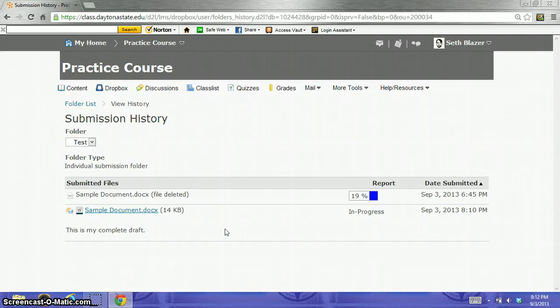Okay. Now, prior to making this video, I had previously uploaded a sample document into this same folder, and you see here that it has had some time. Down here it says in progress, and what the current file that I just uploaded is doing is it's currently being run through Turnitin.com, and it takes it a few minutes depending on how large the document is, how many sources it's using. It may take upwards of 30 minutes, but if you do check back here, it'll have generated